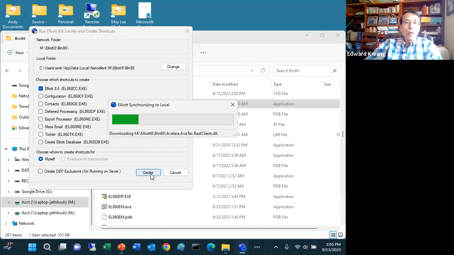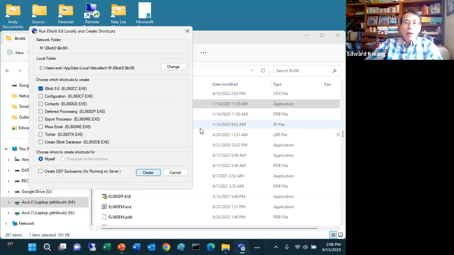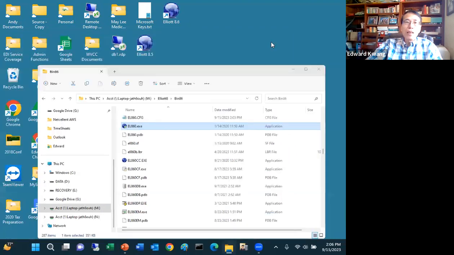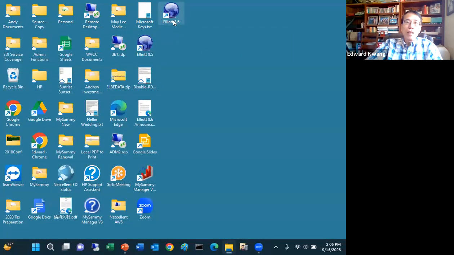So once I do a create, this is copying from the M drive master folder to my local C drive user EMK app data folder, and then once it finishes the copying, it will create an icon on my desktop, and the icon will be pointing to this local folder. So from that point on, I am not running from the network. And as you can see, this is Elia A6, right?